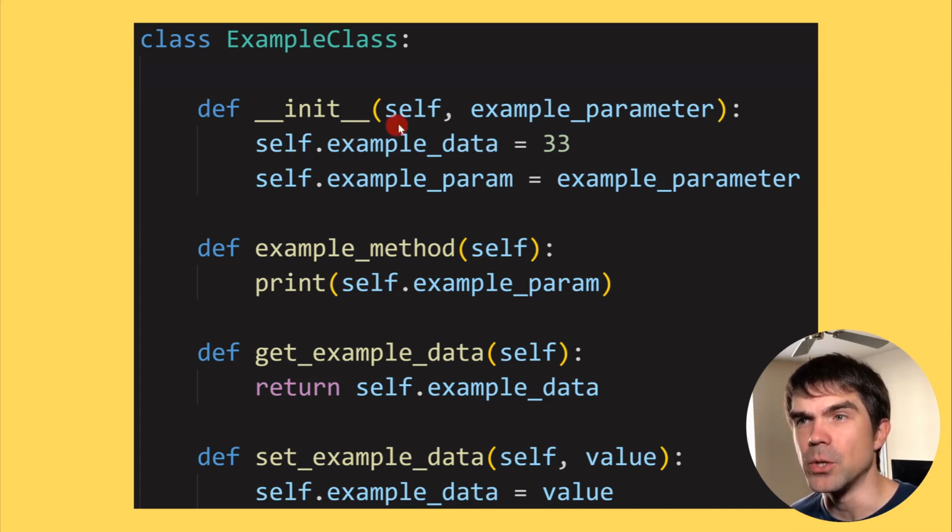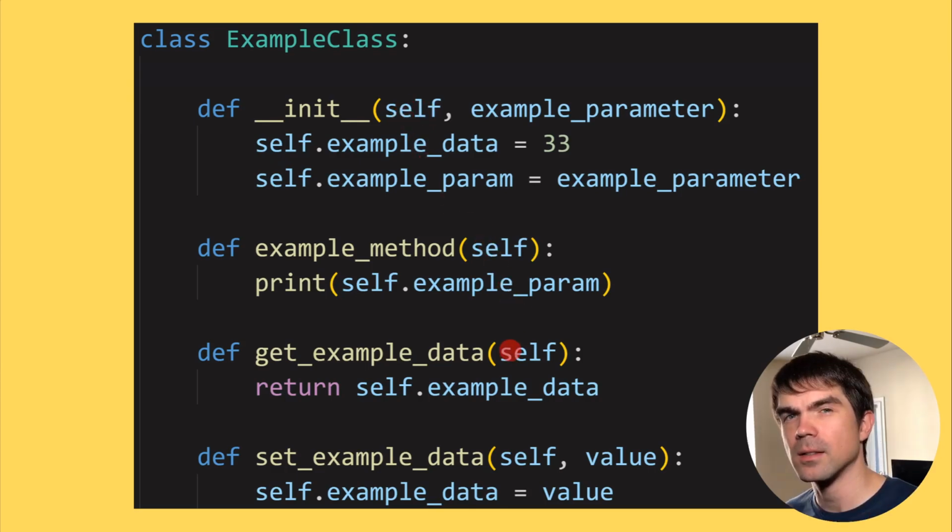Notice that we're using self a lot here. We're using it as the very first parameter to every single method in a class. Something important to note is the set of data for each instance of a class. So when you create an object, it's going to have its own set of data, and it's going to be